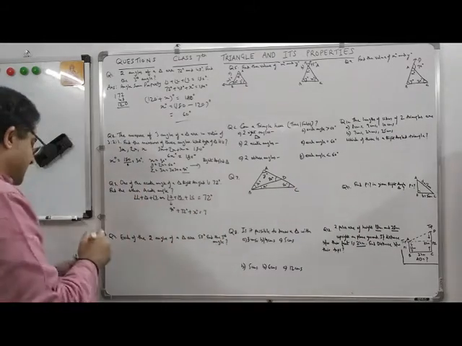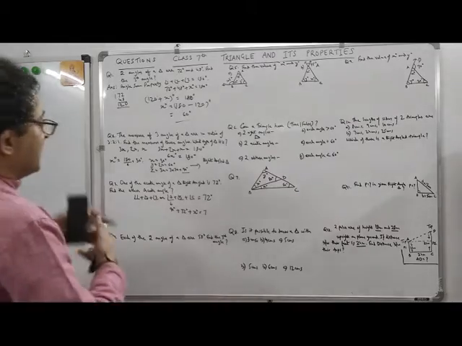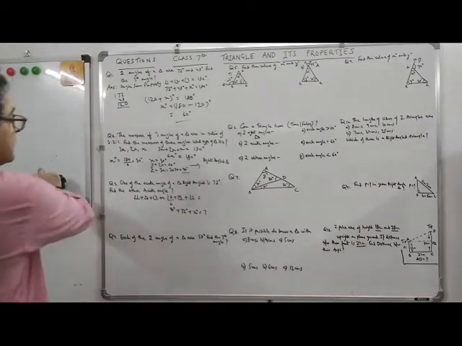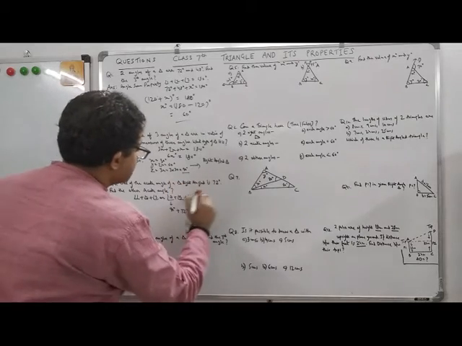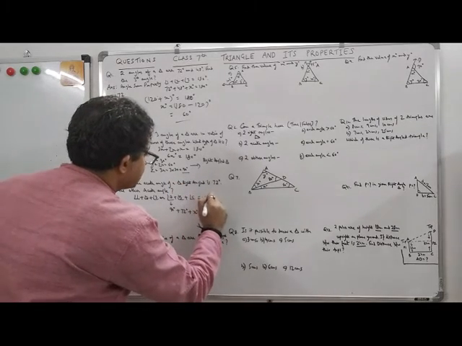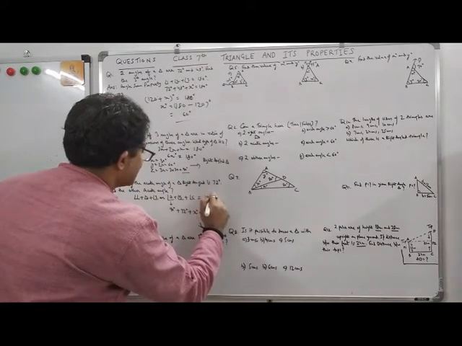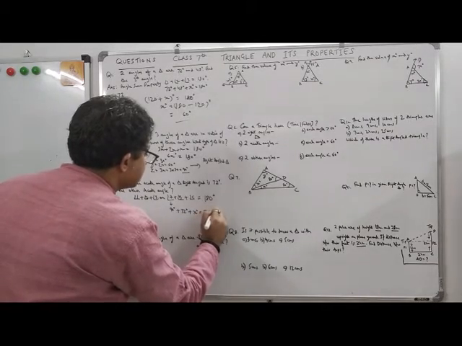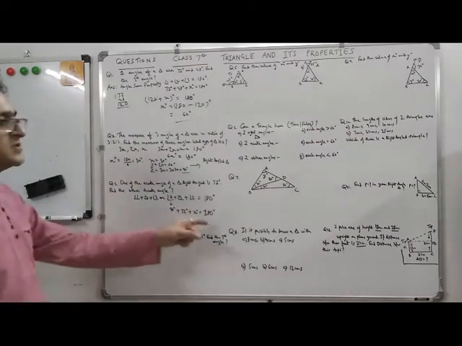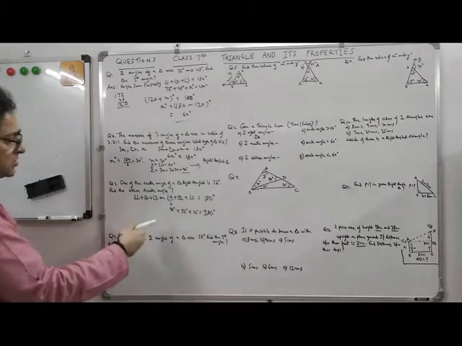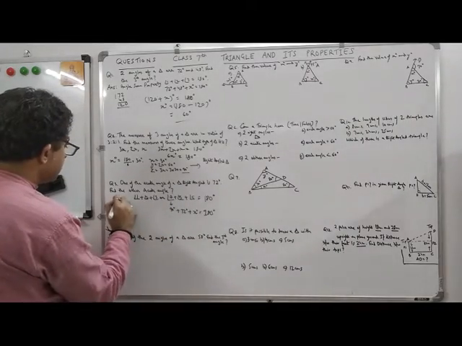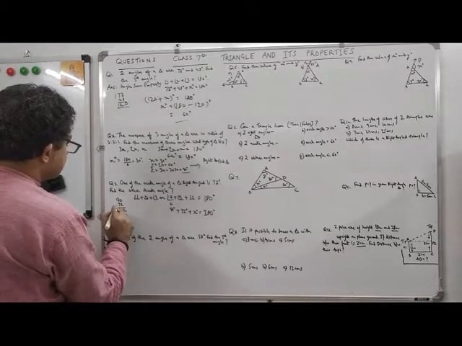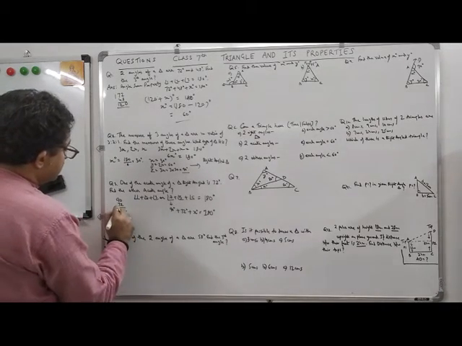Sorry, I'm just correcting. It is always 180. I just thought I was writing 72 for C. So sorry. This is 180 degrees, because the sum of the angles of a triangle is 180. So now, how much is 90 and 72? 90 and 72 is how much? 9 plus 18, and this is 162.